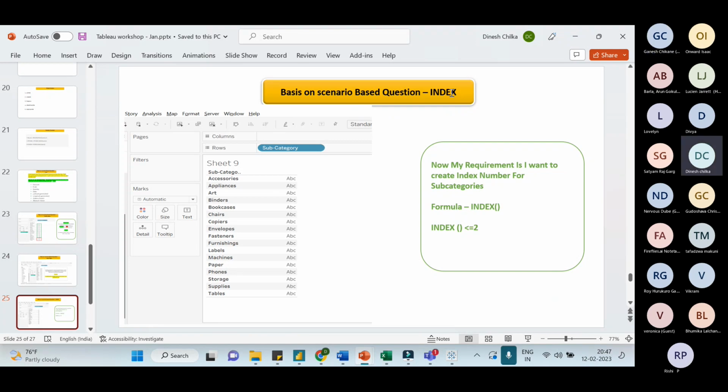So what is the index? It's a serial number. That's great. Why do we use index? Tell me. For giving row-wise numbering